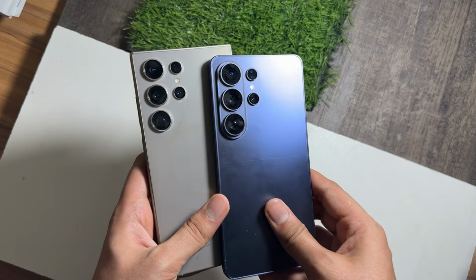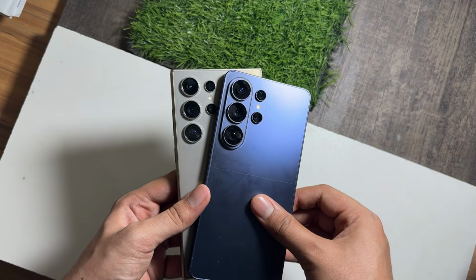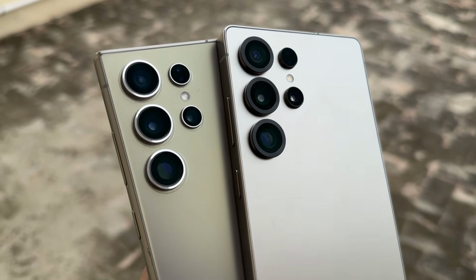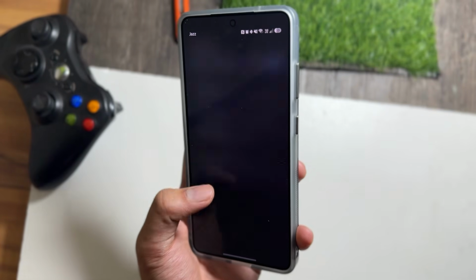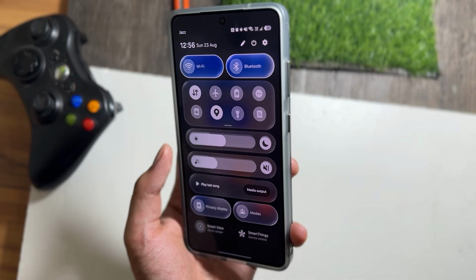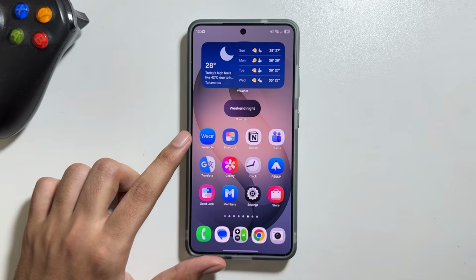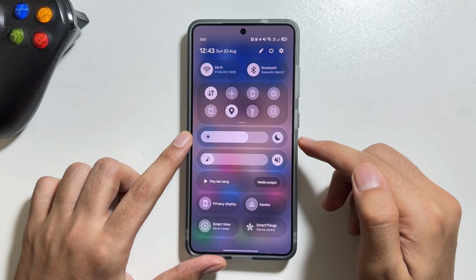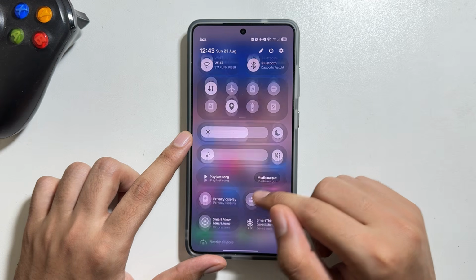So if you have a Galaxy S24, S26 or any Galaxy phone and you want the liquid glass control panel on it, that is now possible. Today in this video I will show you guys how you can apply this liquid glass control panel on your phone. So first up, you will have to take a screenshot of your control panel,